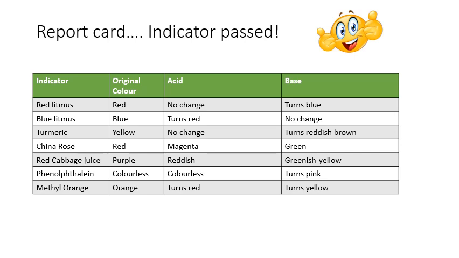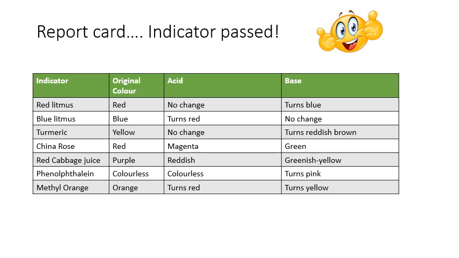Your China rose or your rose extract. Original color was red because you boiled the syrup, concentrated syrup. And in acid, it showed magenta. I hope you remember what magenta color is. Okay, it's a tinge of red and purple in it. Whereas in the base, it will turn green. There's one more indicator which I've added in the report card: red cabbage juice. If you have red cabbage at home, you can prepare that as well. Same thing as what we did for the rose indicator. You have to boil the solution, boil the red cabbage. Original color would be purple, in acid it would be reddish, and in base it would be greenish yellow.